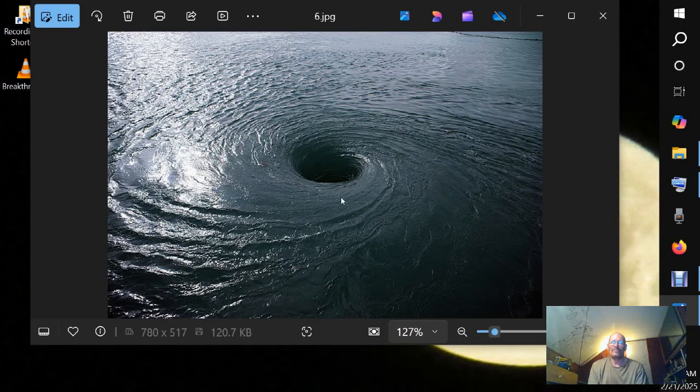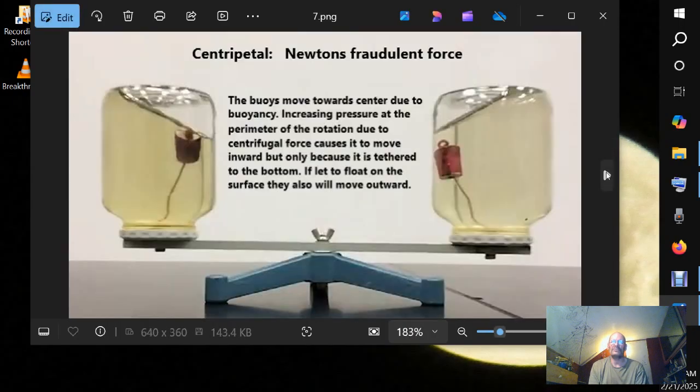Whirlpool. There's a whole lot of mass right here, and guess where that mass is not? It's not in the middle. It's out here, and it's creating a void in the middle because the mass is moving away from the center, not towards it. Now here's one of the experiments that they try to use to show